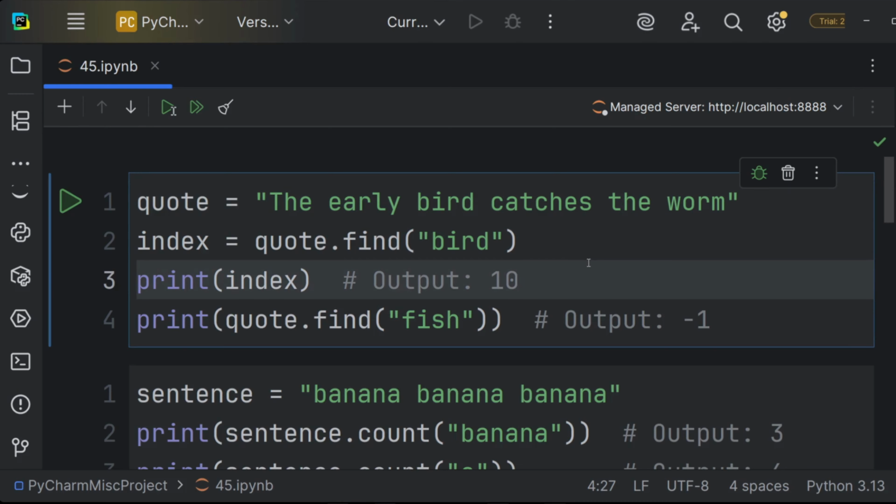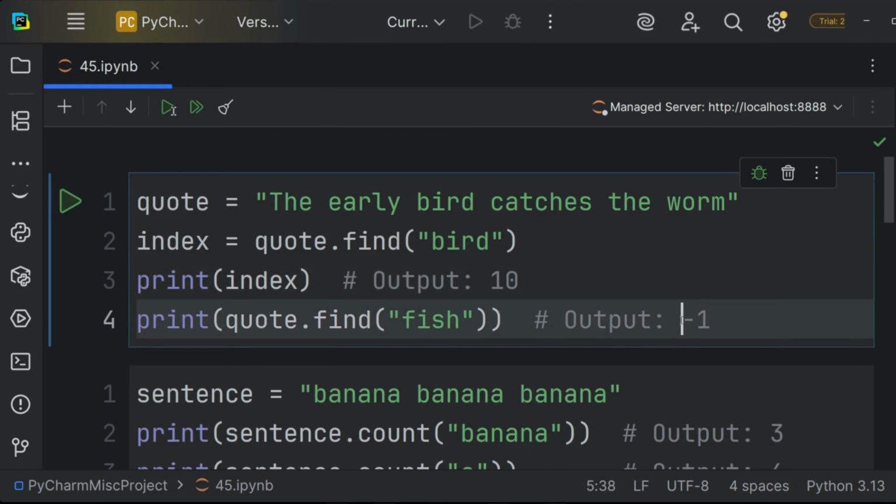But what if you wanted to check something that is not part of the string? This is why we use the code.find fish. So fish is nowhere to be seen in the string. So normally it would result in an error. If you were indexing a range of numbers and you look for something, it'll always give you an index error when you go out of the bounds. But over here, it's quite simple. If something does not exist in the string, the find method just prints -1.